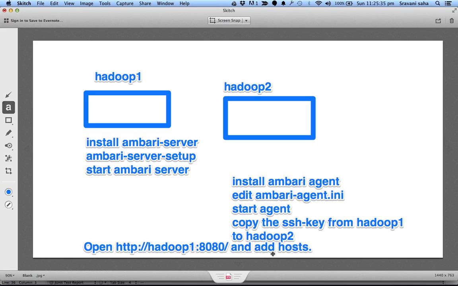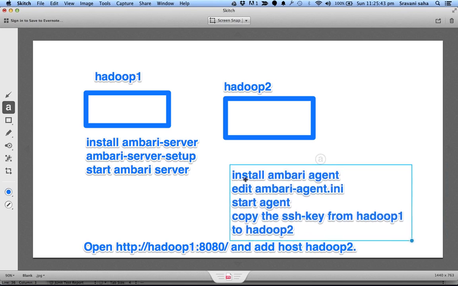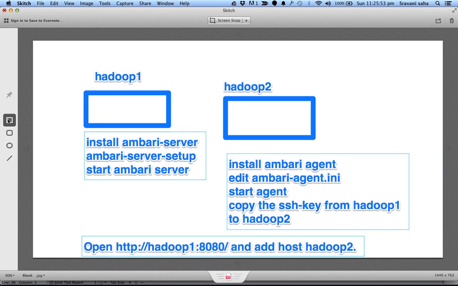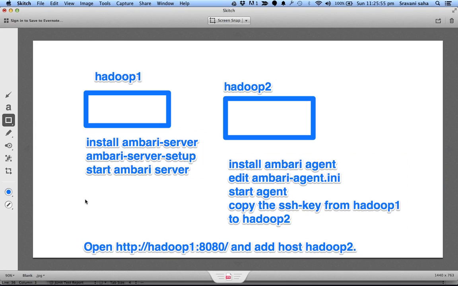And in the add host step, all right. So this is what you do generally.